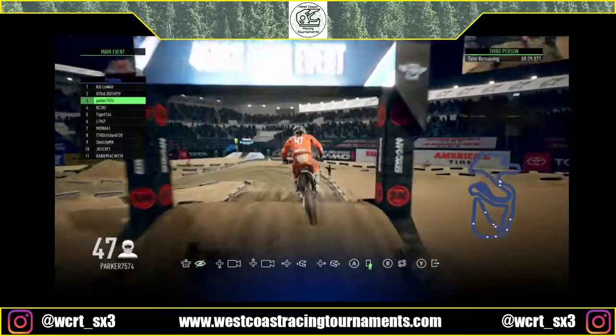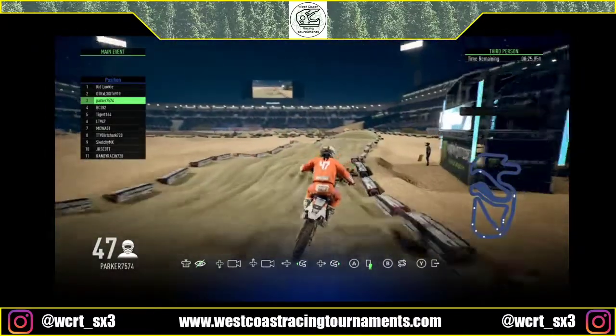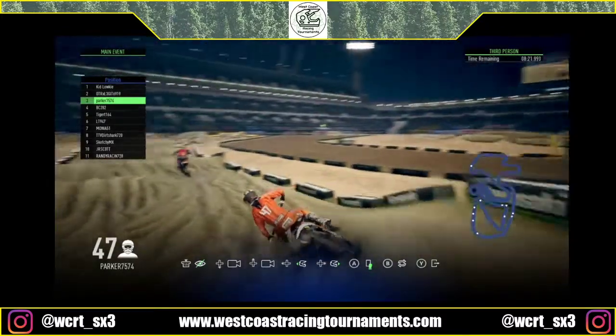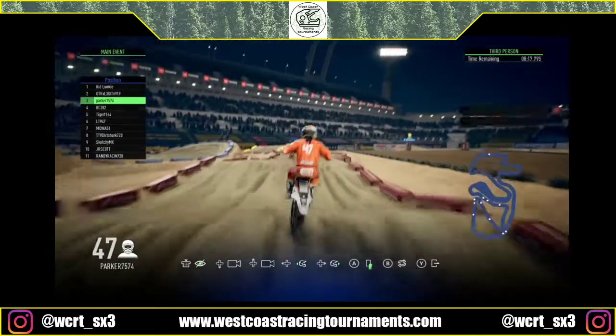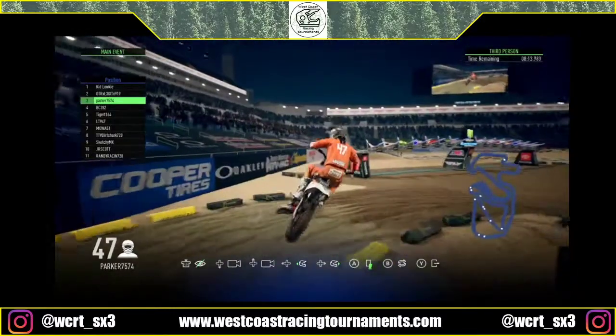Section here tricky. You want to hit that double-double. If you go triple-single, jump into that face of the sand jump, and you're unable to get over that finish line. So they need to hit it just right. This section here, they're kind of starting to find the one line through there. Not any particular line to take, but